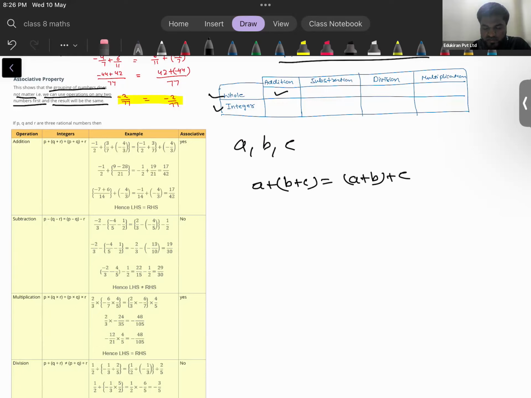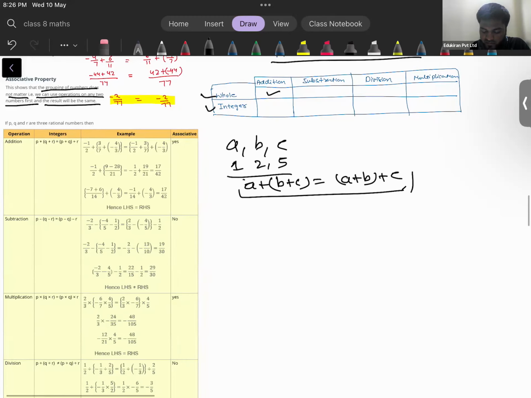If we take examples here, A equals 1, B equals 2, and C equals 5, and put the values in the given equation, you will find that both the left hand and right hand side are going to be equal. Okay. If we do the same for subtraction, A minus B minus C,